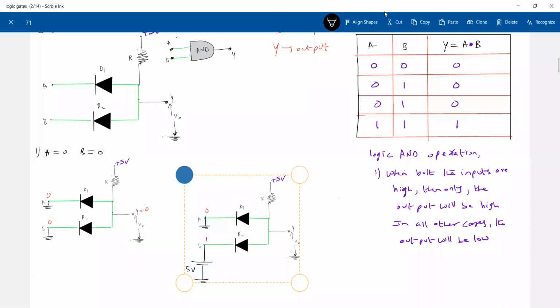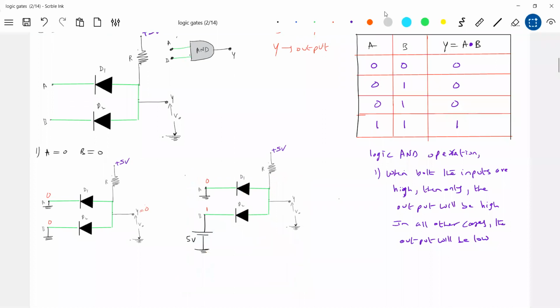Let me shift it up because I'll accommodate everything here only. Now, first case, tell me what is the state of both the diodes? Forward biased, am I right? How is V naught zero? Because we have to justify V naught equal to 0 volt. Write 0 volt, and not logic 0. Output voltage is 0 volt here. What is the state of the diodes? D1 is forward biased. D2 is also forward biased. If forward biased, what are we going to do? We are going to replace it with a short circuit. Then how will all the current flow? It will flow like this.